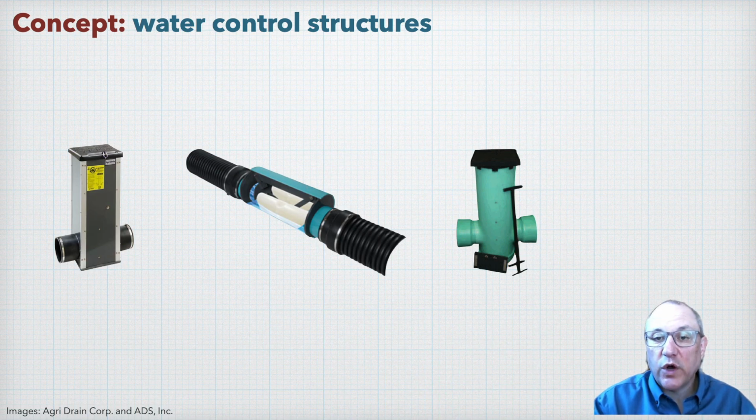They require at least one standard control structure at the outlet to set the base level, and then these valve structures are installed in line with the main or sub-main where a new management zone starts. The advantage of these structures is that they minimize the amount of manual adjustments that would be required for systems with multiple control structures. On the right is an example of another manually operated control structure no longer commercially available that used either stop logs or an internal standpipe for adjusting the outlet elevation.